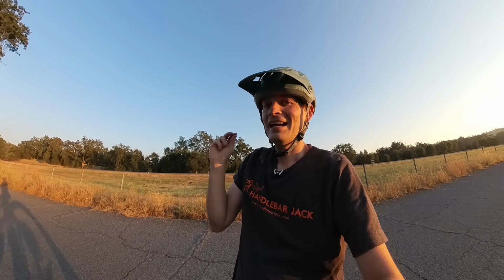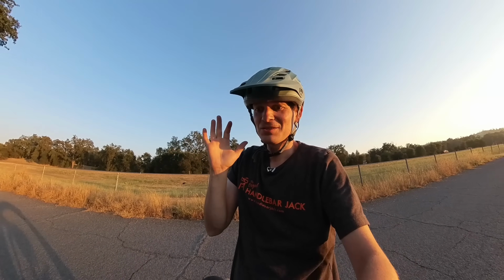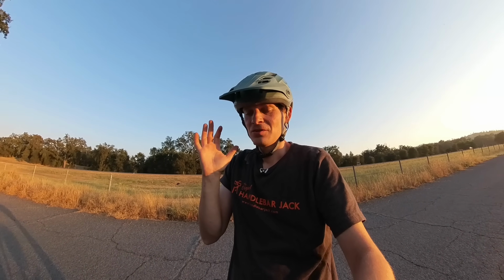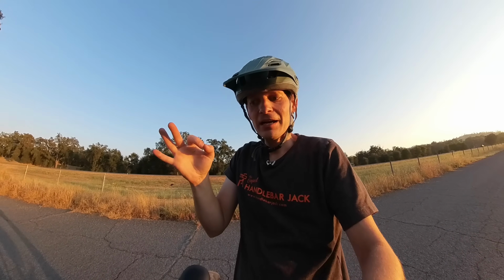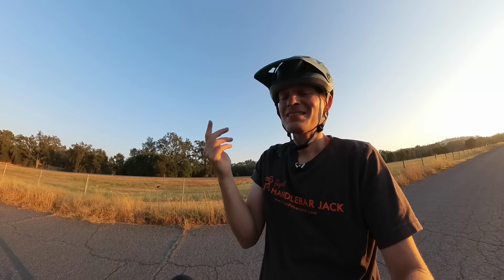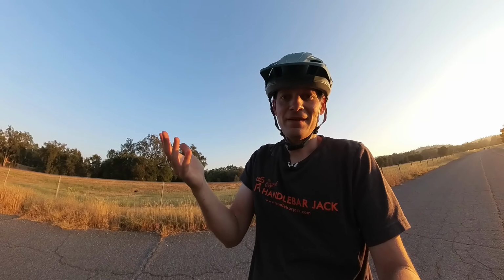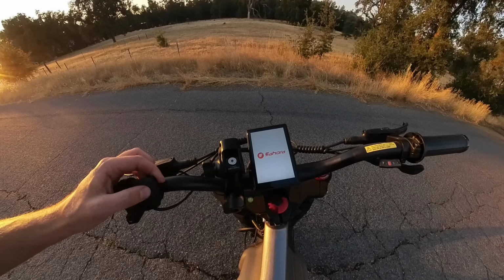I'm already gonna say that it's fun because just riding up and down the road, I did a quick little test and I know it goes really fast. The speedometer is spot on accurate. So whatever's on the screen is what I'm actually doing. So I think I should start out there. Let me show you how to get it in the highest power setting and let's see how fast it goes. So if I turn on the display,